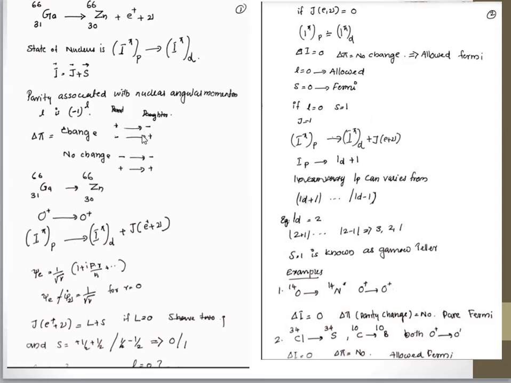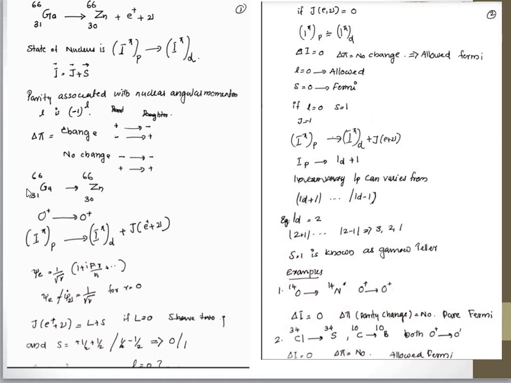So there is a change in the parity, that is from parent plus to daughter minus, or parent minus to daughter plus. These represent the change in parity, and this represents no change in parity. So here,